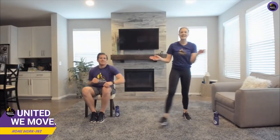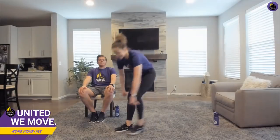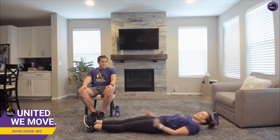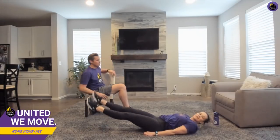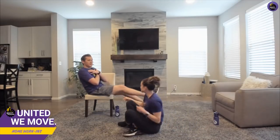Now we're gonna hit the floor, or again, the option is to stay seated. So we're gonna hit flutter kicks here. Body goes on the floor, nice and long. We're gonna lift those legs 6 inches off the floor, and with controlled movements, we're gonna flutter those legs. If you're doing that seated position, as Adam's doing here,